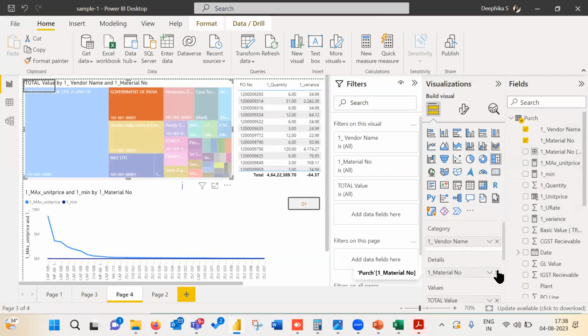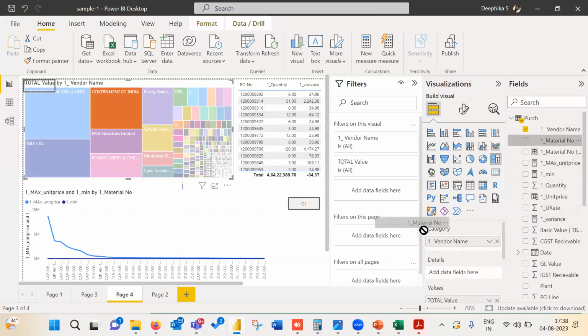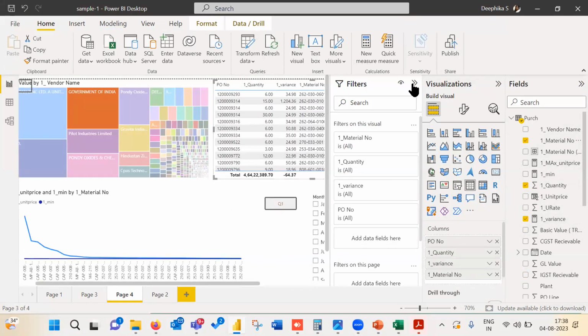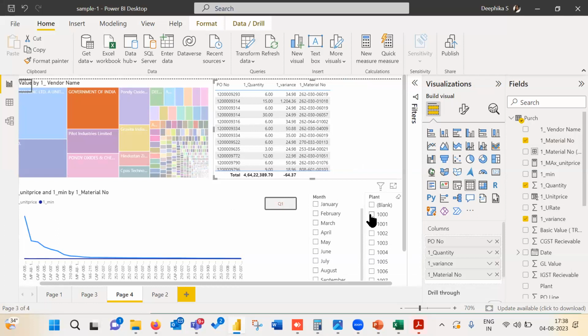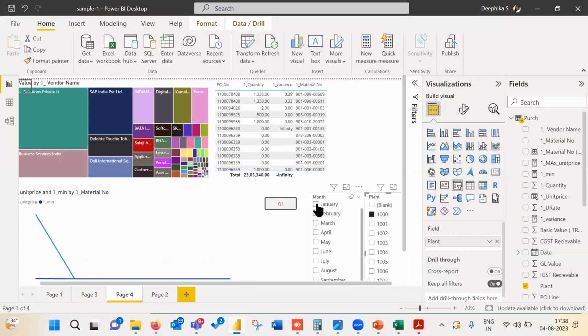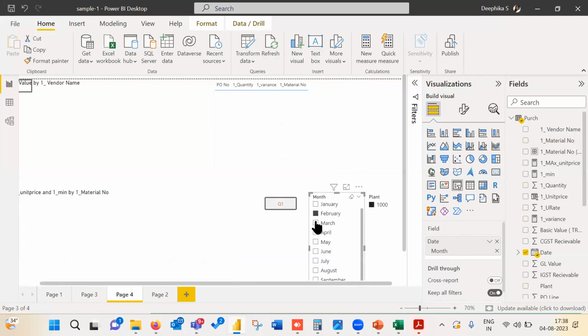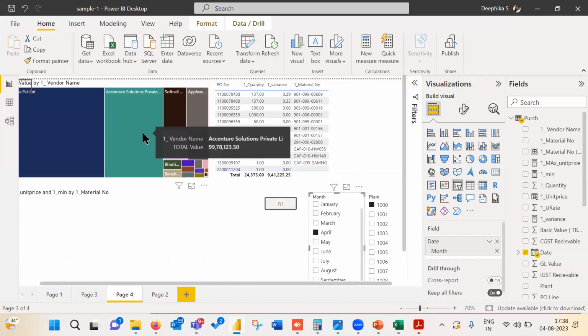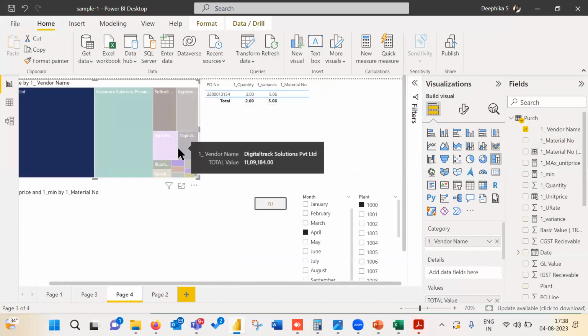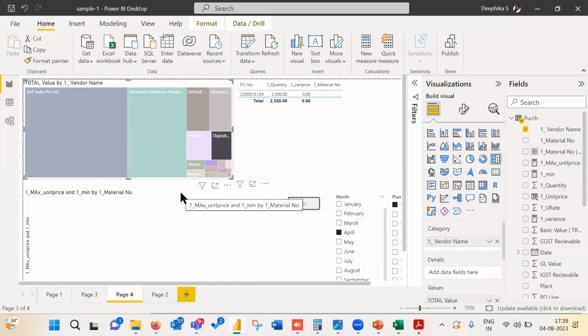Okay, material code is not there. I want to add material code in this chart. So I want which material, which thing. This is one context. Or let's say I'm going to do it plant wise for one plant. Okay, for one plant, for January month, no data is there. February. Okay, April data. In April I'm doing some dashboard analysis and I'm identifying some material variance. Okay, so this view I want to save.